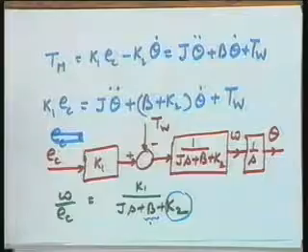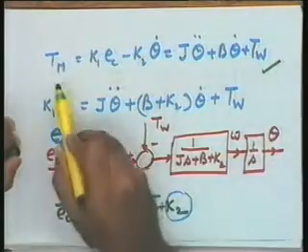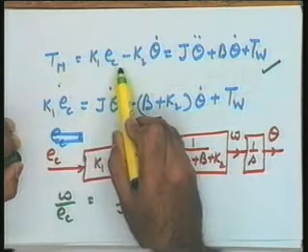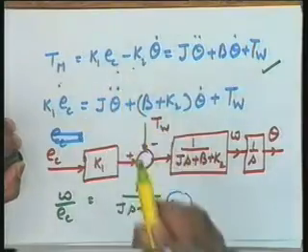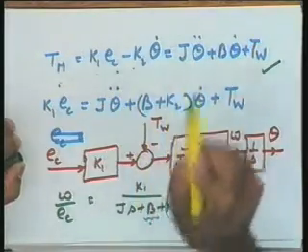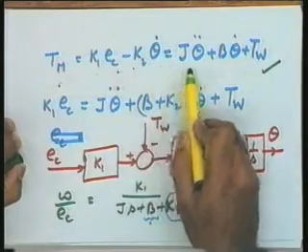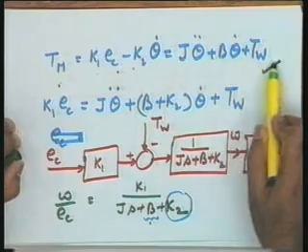Okay. Now please see, I think I can use exactly the same slide which I used last time. This was the mathematical model we had derived using the torque speed characteristics. Recall the equation please: Tm is equal to K1 EC minus K2 theta dot. EC is the envelope of the input to the control phase voltage. Tm is equal to J theta double dot plus B theta dot plus Tw.